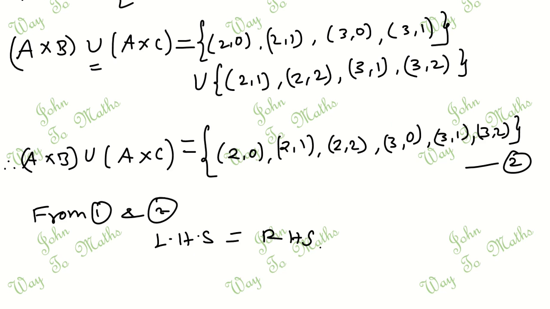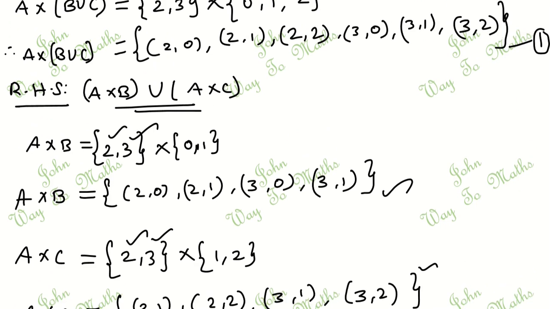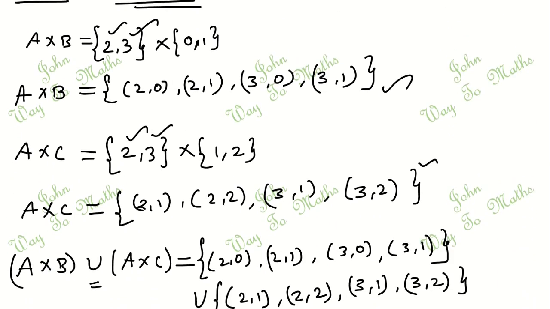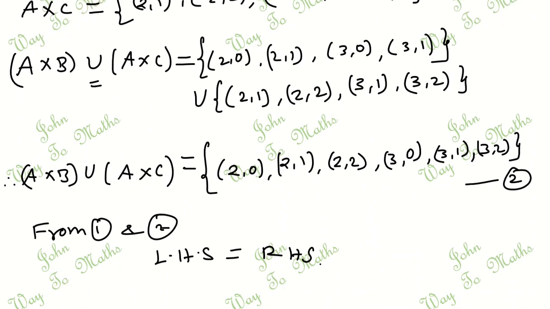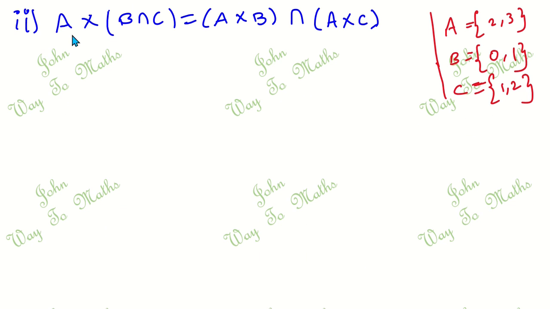2021 இங்க இருக்க பேர்ஸும், so left hand side ல இருக்க பேர்ஸும் சேமா இருக்கு. So equation number 1 and equation number 2 ல இருந்து we get the result. So LHS equal to RHS, therefore subdivision 1 is verified. So next I am going to prove second subdivision. A cross B intersection C is equal to A cross B intersection of A cross C.